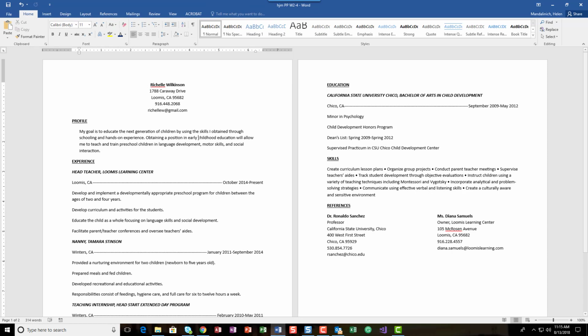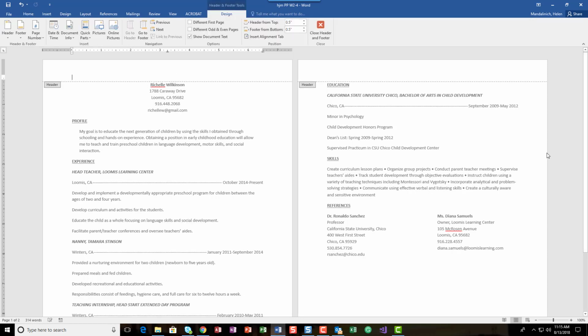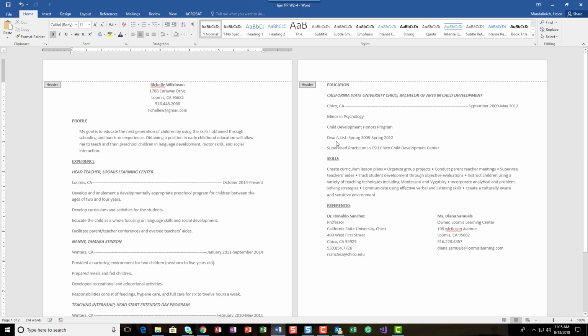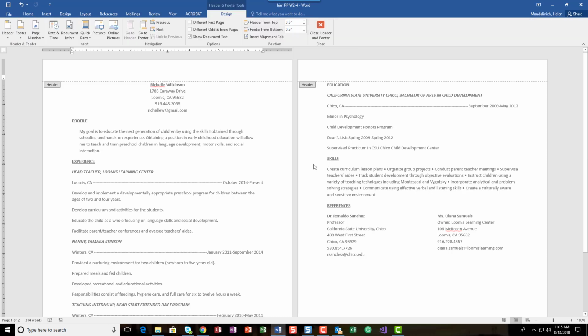If you just double click out in the body of the document, that will take you to the document. If you double click back in the header, that's a quick way to get back and forth between the header and the document. Double click, right? Okay,